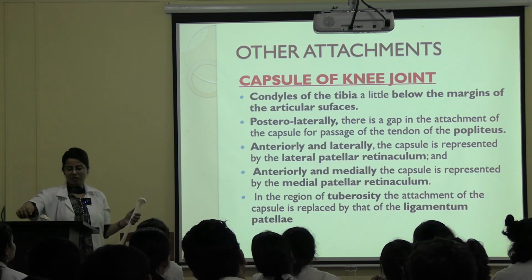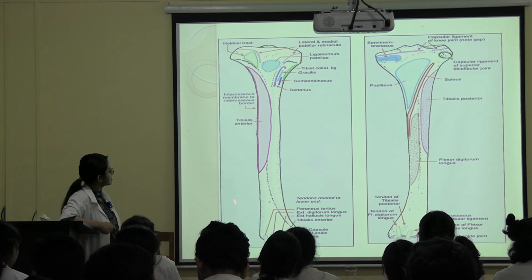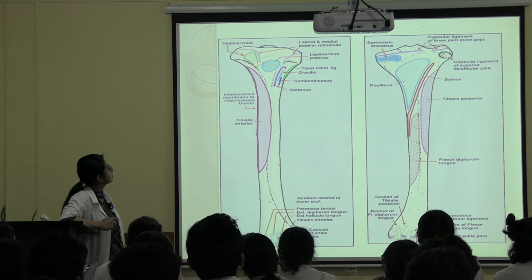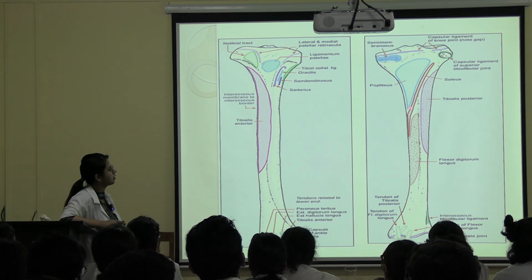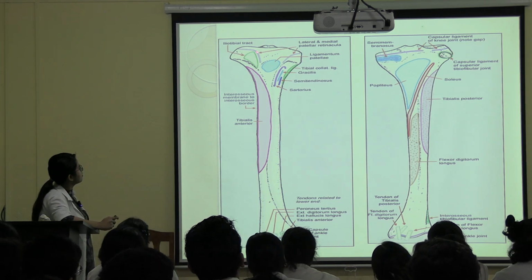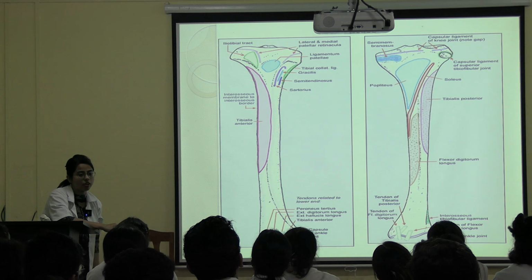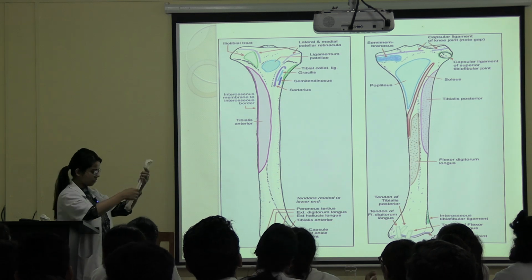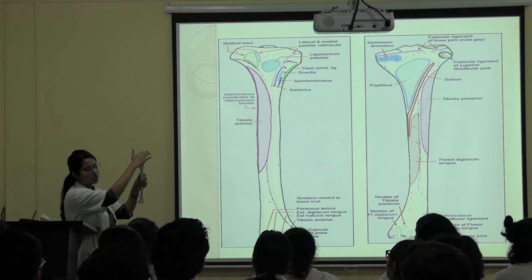Now the capsule for the knee joint. See, this is the capsule. Okay, so is this the anterior surface? This is the anterior, means ventral or dorsal? Okay, understood. And this one? This is the posterior surface. Okay. So you can see that this is the capsule for which joint? Knee joint. Okay, so you can see that the capsule will be present. This is the articular surface. So a little below the articular surface, the capsule for the knee joint will be present.